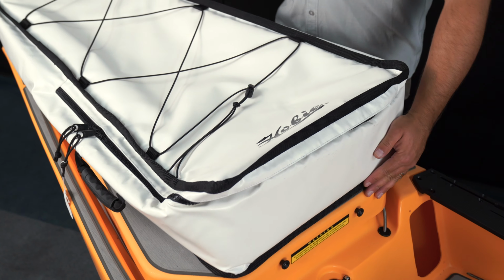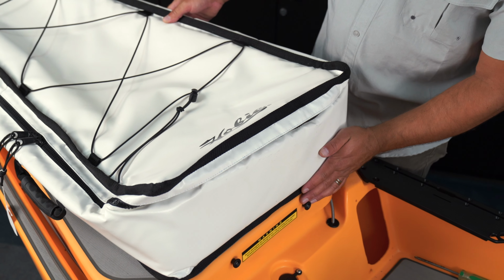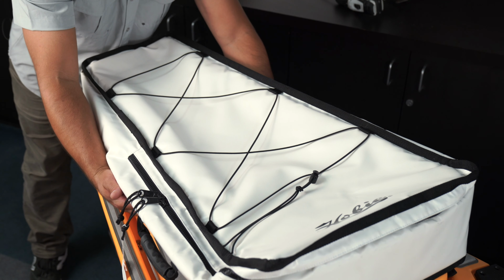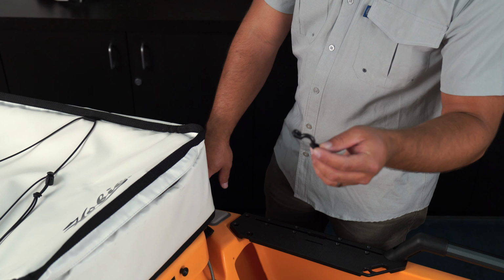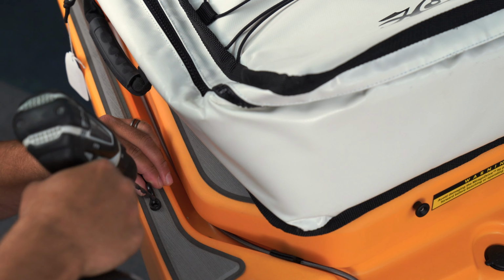My next step is going to be mocking up how I want the fish bag to sit. And I'm gonna center it right at the rear of the hatch and evenly on both sides of the kayak. And I'm just gonna place one Padeye and mark my drill spots. I'm gonna go just below the D-ring. So I'm just gonna make a little